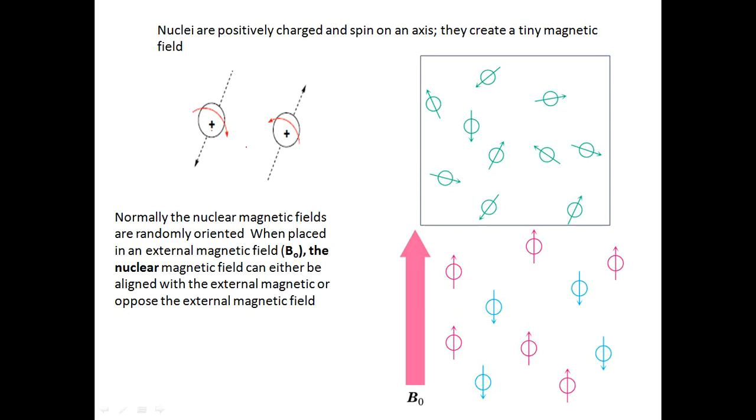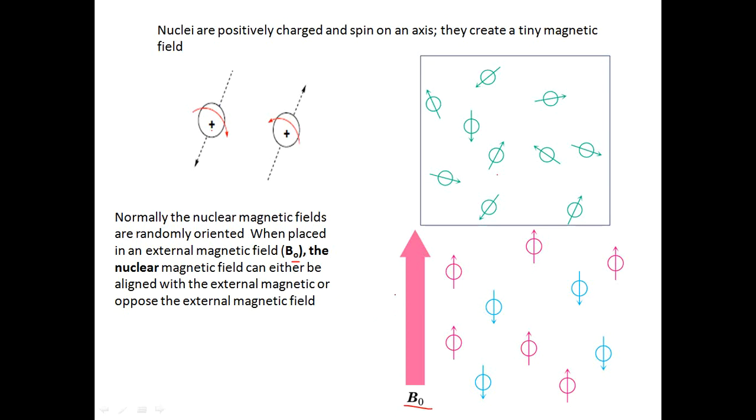So this magnetic nature, or this magnetic moment of the proton, can be in any direction. The spin can be in different orientations, right? So when this nuclear spin is subjected to an external magnetic field of strength B naught, right?